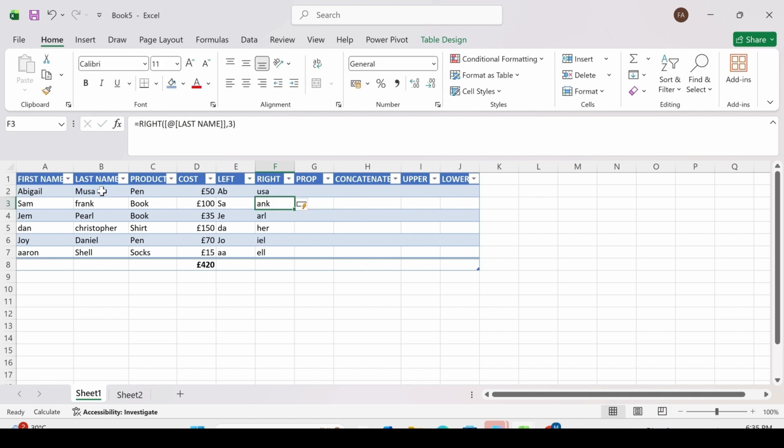But it's still giving us the same format as it is in the original column. So if it's in capital letter, it's still the same thing. If it's in lowercase, it's still the same thing. So now proper function is ensuring that everything you have in a particular column or in a particular row is